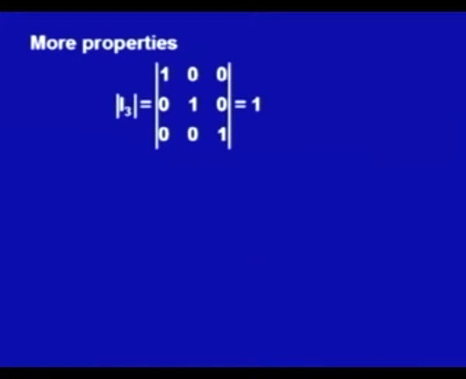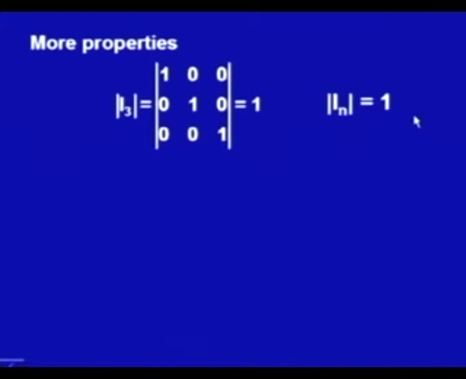Now, we have computed determinants of a number of matrices. Some results may be worth noting, that is, the determinant of identity matrix is 1. This can be easily obtained for I3. In general, determinant of I n is equal to 1. This identity matrix happens to be a diagonal matrix and all the diagonal elements are 1. So, determinant of I n will be 1.